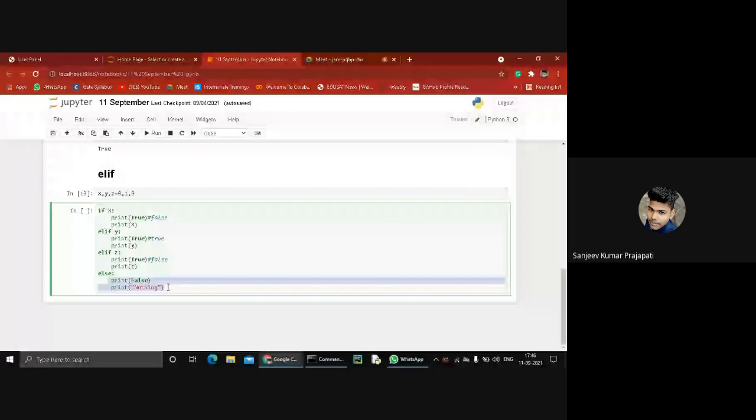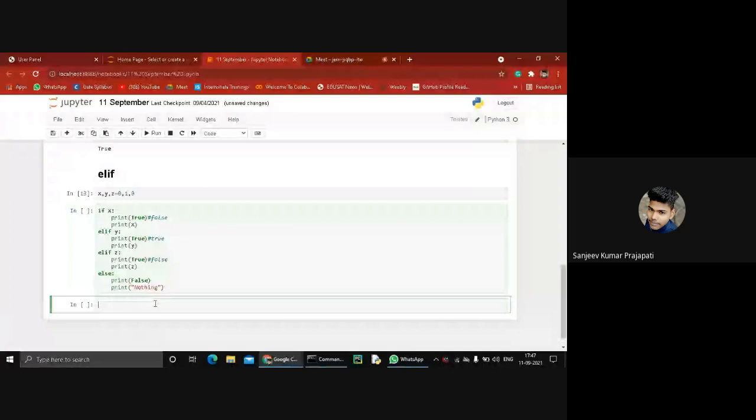So does anyone have any idea what result is coming from this statement? False, true, 1, false, nothing will print, sir. Okay, so the answer is false. Next, true and 1. Next, false. True and 1.